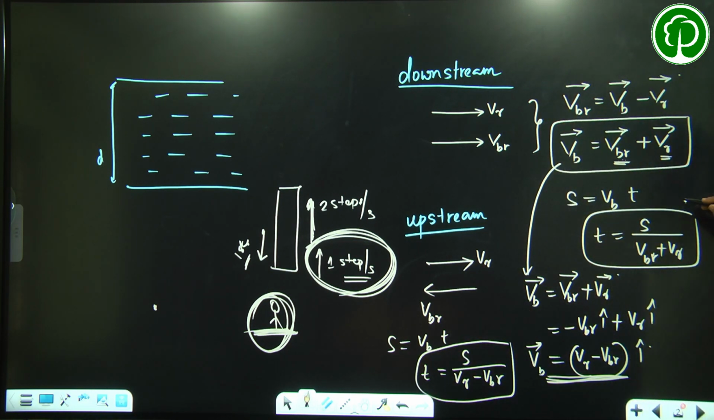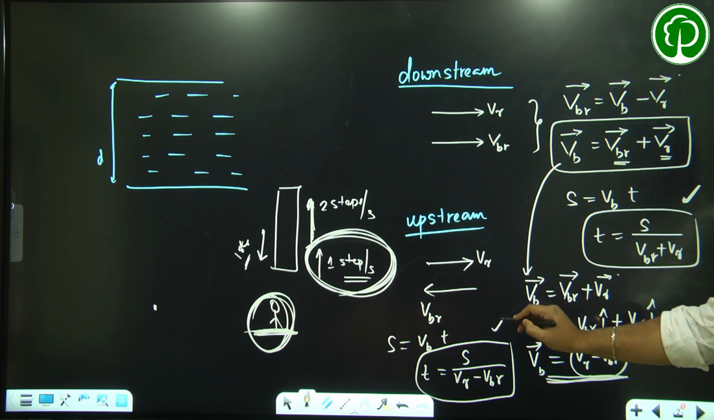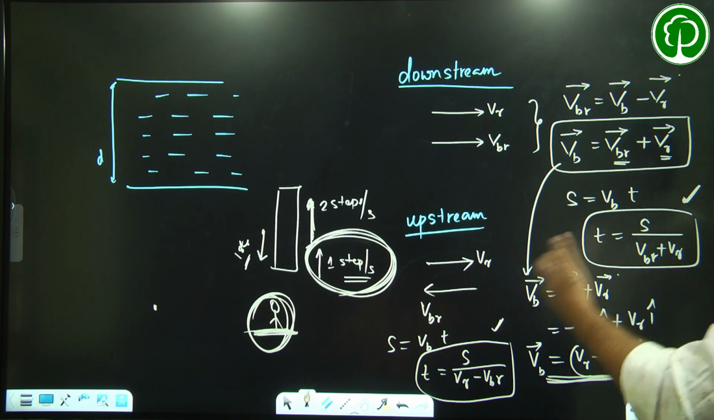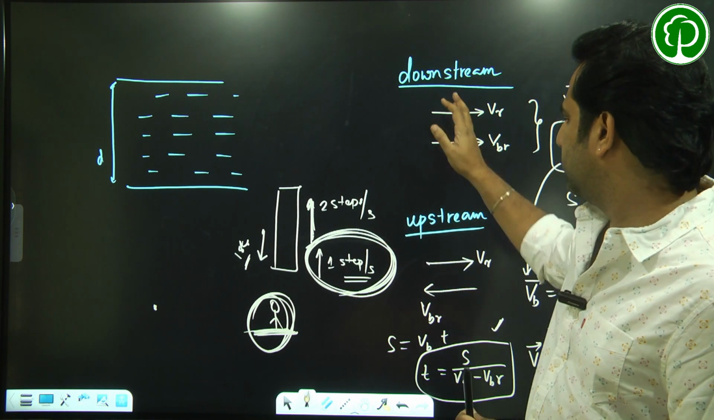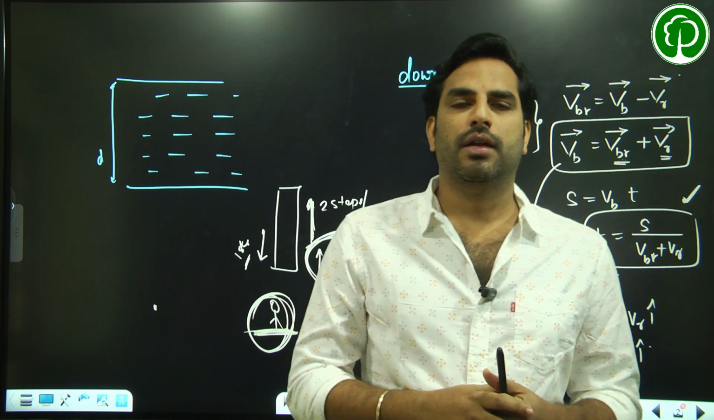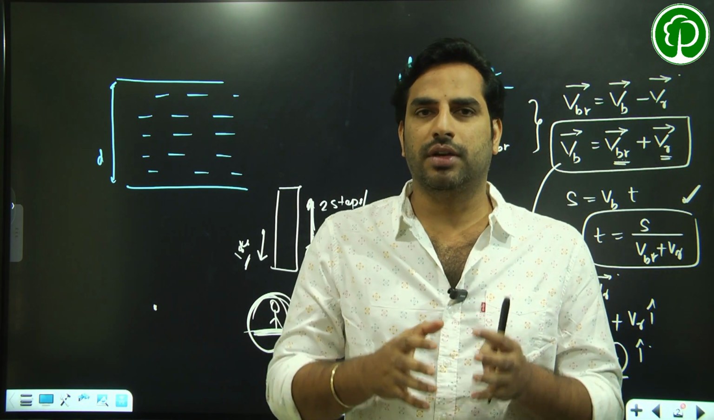So it takes less time in downstream, obviously, because both speeds are added up. It takes more time in upstream because the boat is going against the flow of the river. These are two simple concepts of downstream and upstream. It's very simple. Now comes the concept of